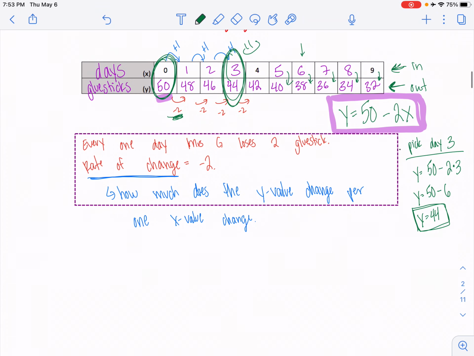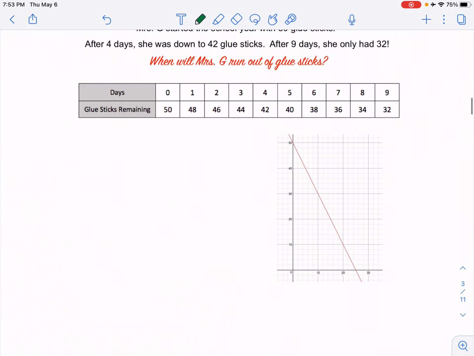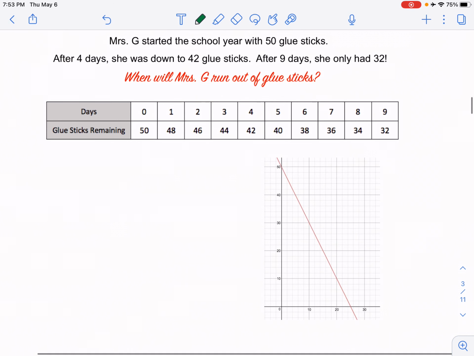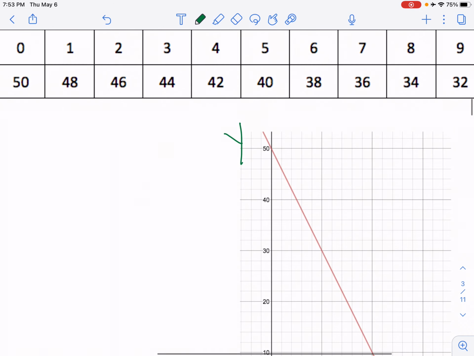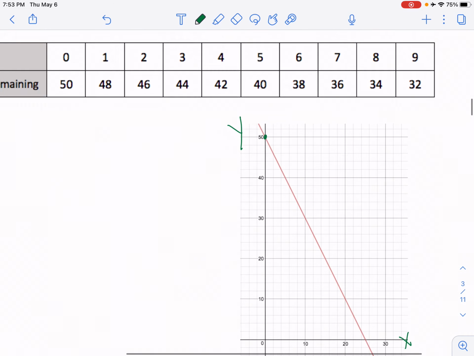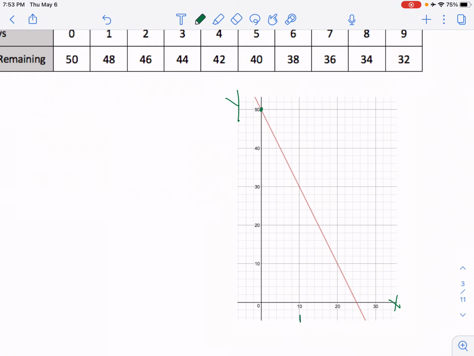All right. Last but not least, if you wanted to look at this as a graph, just a quick visual here. x is your horizontal, y is your vertical. You start up at 50, and down here, I have moved. Let's see, each box looks like it's 2. So this is 2, this is 4, this is 6, this is 8. This happens to be how my graph worked out.